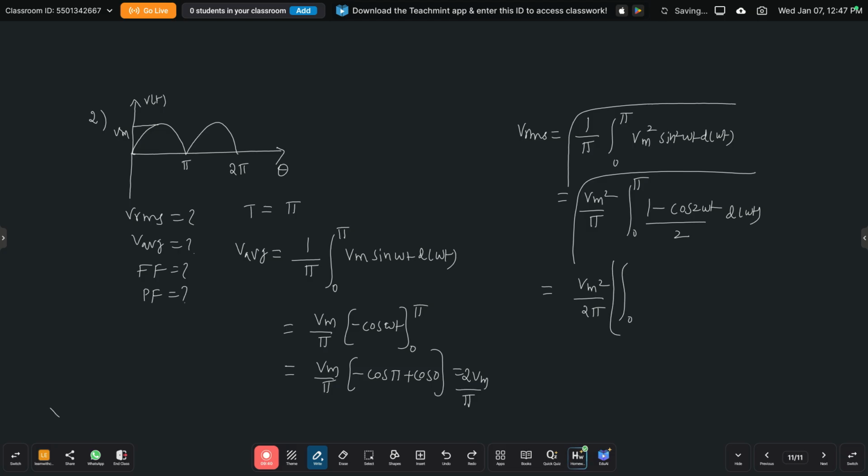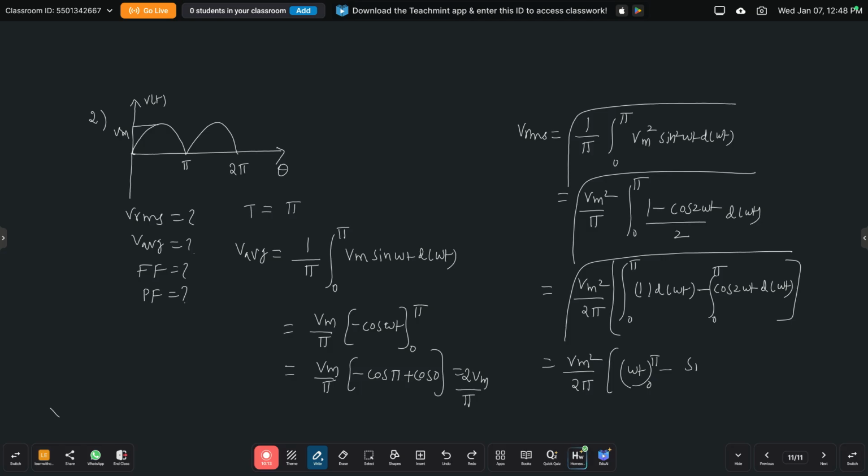integral 0 to pi 1 into d of omega t minus cos 2 omega t integral 0 to pi d of omega t, under root. So which is equal to Vm square by 2 pi, omega t, apply the limits 0 to pi, minus sine 2 omega t by 2, apply the limits 0 to pi